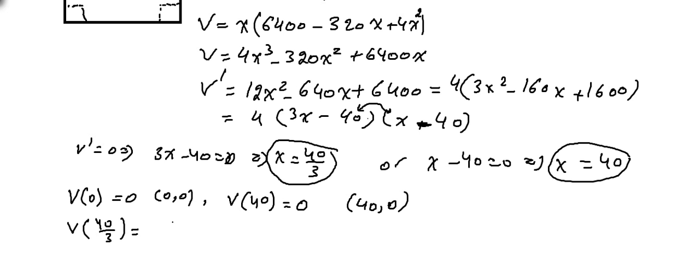You substitute it. It will be 37,926 centimeter cube. And what else we have? What is the maximum possible? Therefore, the maximum possible volume is attained when x equals 40 over 3. This is the maximum possible value. Okay, when x